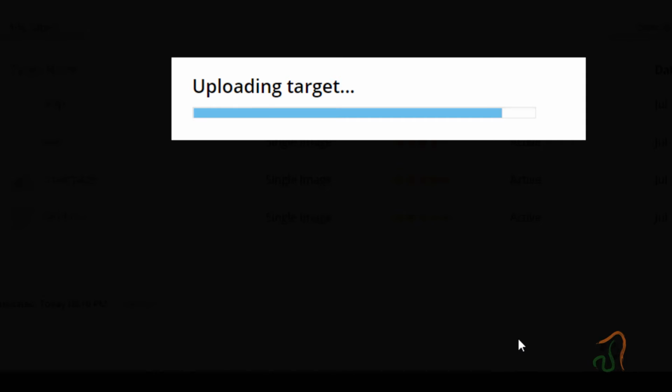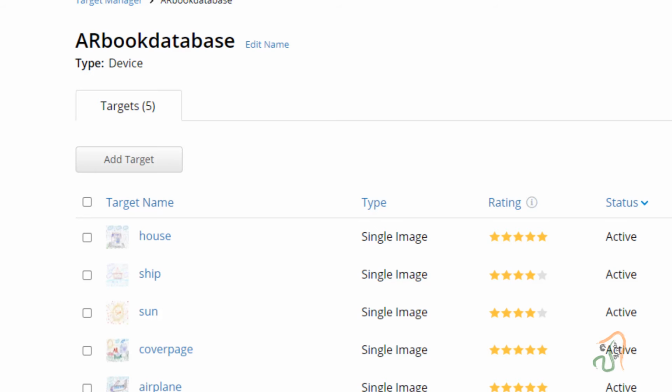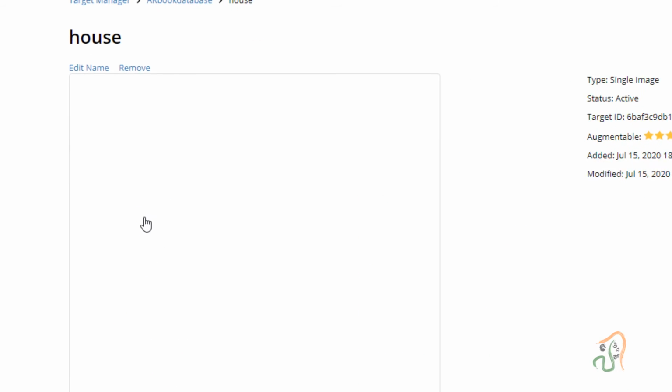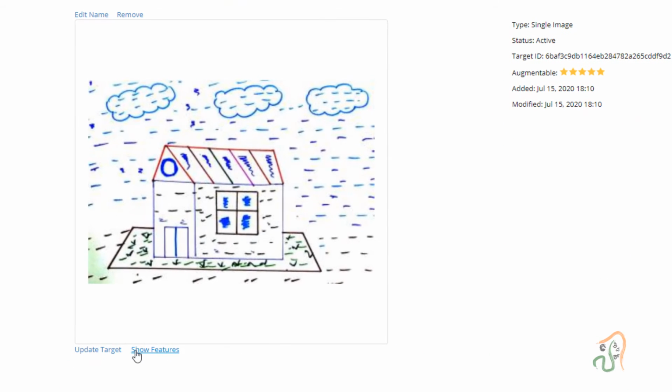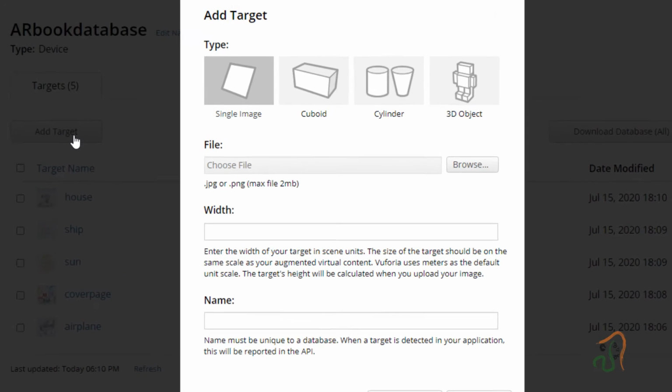Again the target will be uploaded, and once the target is added, house automatically got 5 rating. So this is good. It says these features are good, so it has got 5 rating. No problem.